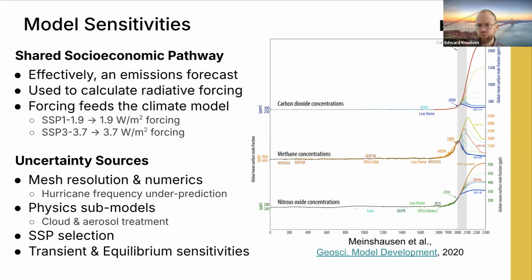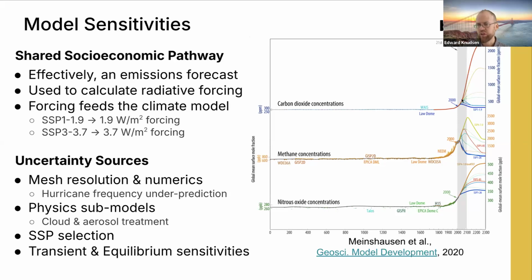What you're looking at on the right here is a plot from a very standard paper on connecting SSP scenarios to actual gas concentrations in the atmosphere. So you're looking at CO2 concentrations in the top here from zero up through our 2000 era. And you can see this big curve for SSP5.